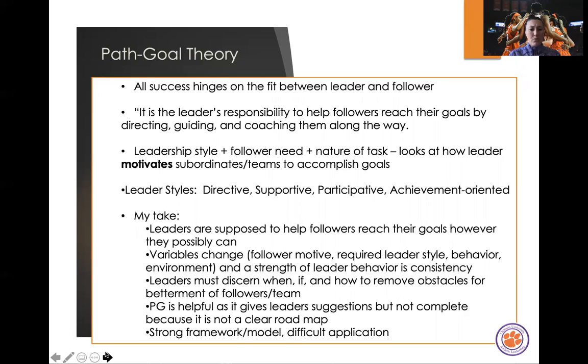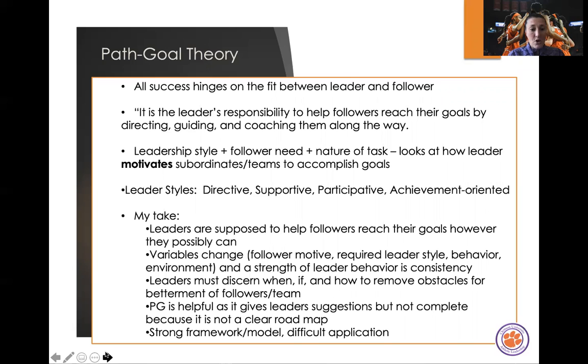You can look at the tables in Northouse if you'd like. These are the four different leadership styles that path goal includes: very directive, more supportive, very participative, and achievement oriented. And obviously, I think that changes as the task changes, and also where the follower is in completion